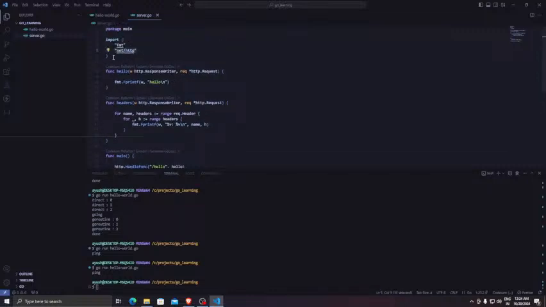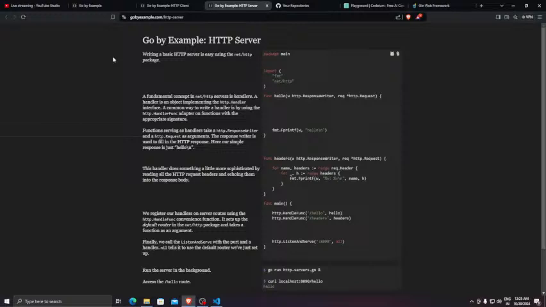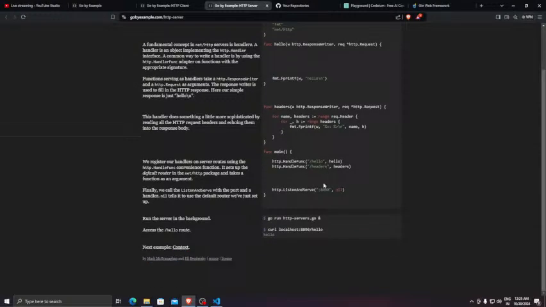So I import net/http. I write a function called hello, which receives an http.ResponseWriter, and req, which receives an http.Request pointer. And it does a Fprintf. What is this Fprintf? What does this print do? If I run this,